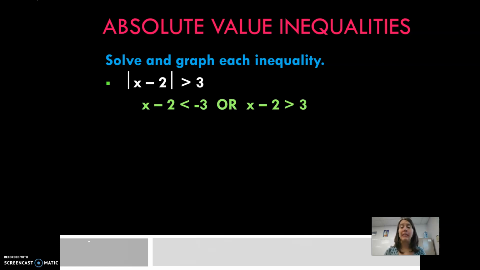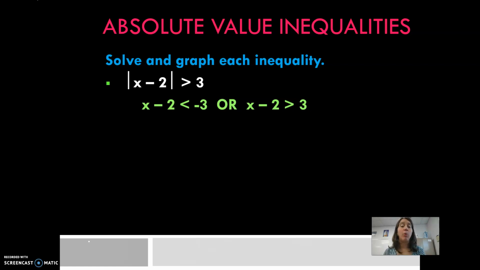My x minus 2, describing what's on the inside, went to the left, so it's less than negative 3, or what I have on the inside, the x minus 2 is greater than positive 3. Notice the inside of the absolute value doesn't change. Don't change one to a plus, one to a minus. That still stays as x minus 2. You're just going left to the negative, that's the first inequality, or you're going right to the positive,